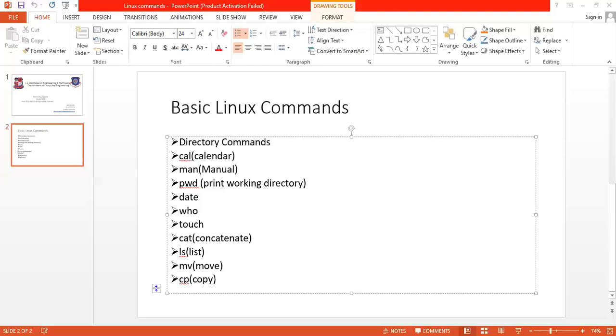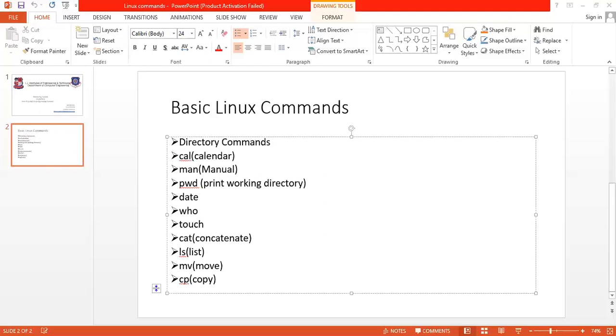If you don't want to use the clear command, there is one shortcut to clear the console of the Linux terminal: Control L. I repeat once again, press Control L, through which you can clear the console of the Linux OS.